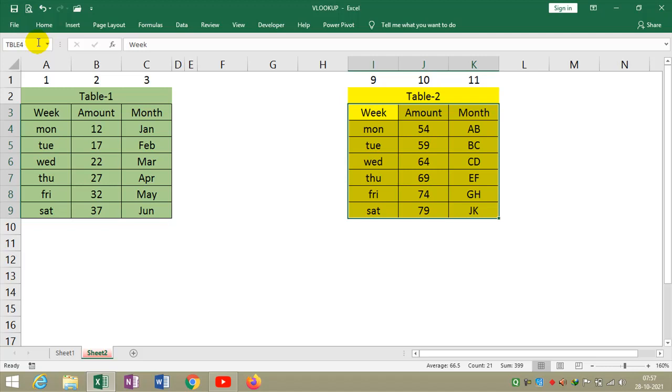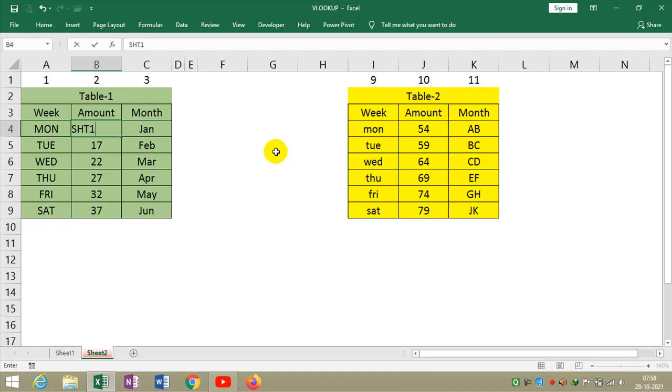TBLE, table 4. Okay, now Monday, change sheet 12.